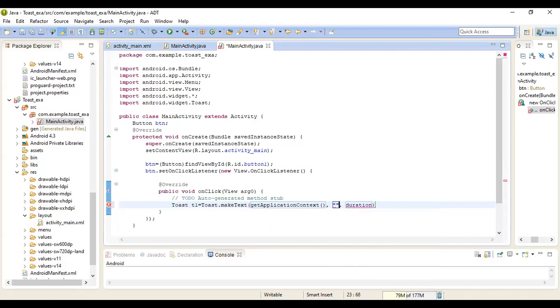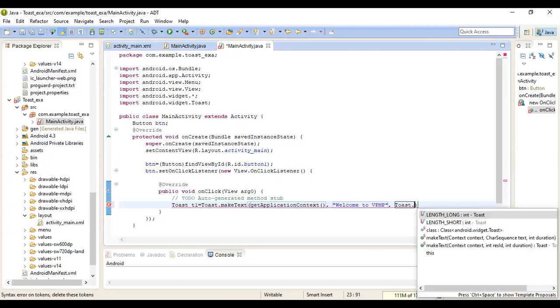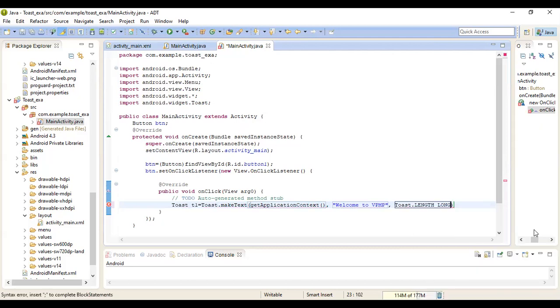Here we are passing our message, Welcome to BPMP. Now for the duration, we can pass it in two ways, LENGTH_SHORT and LENGTH_LONG. So Toast.LENGTH_LONG.